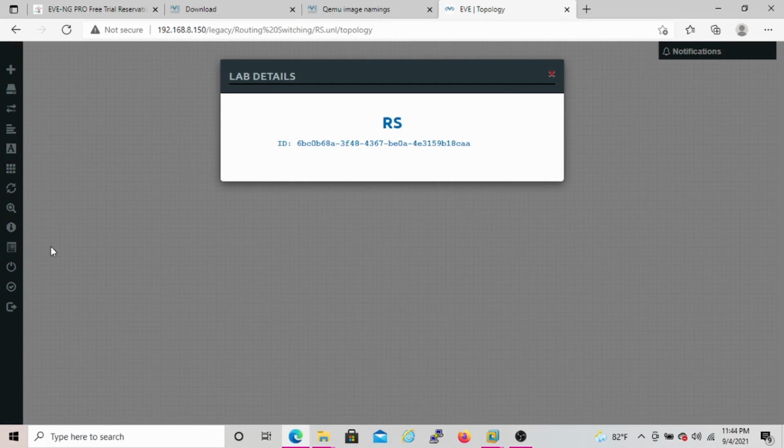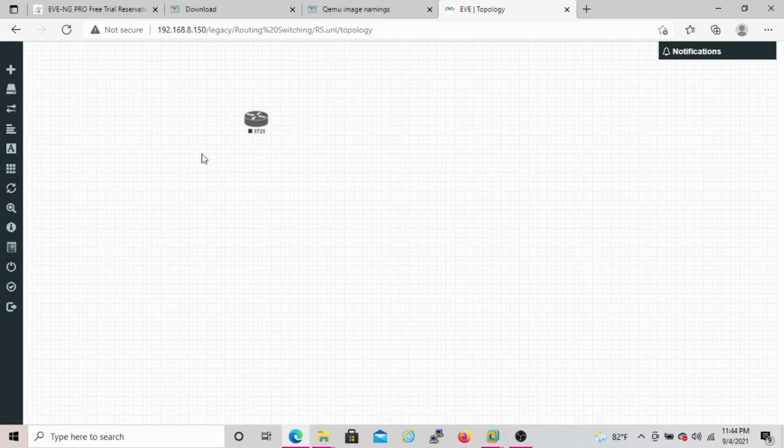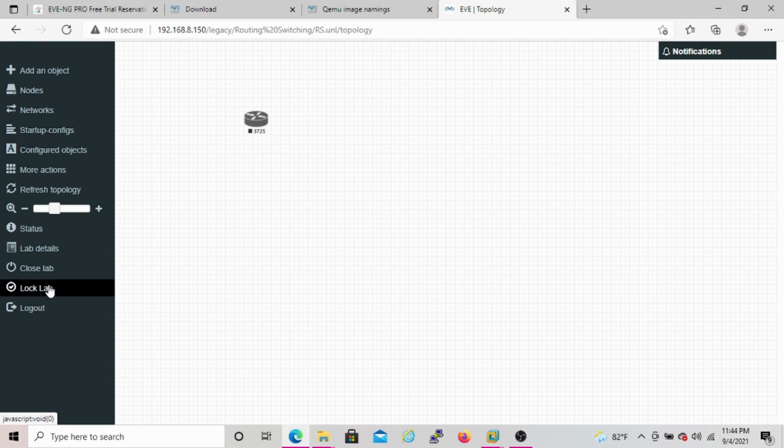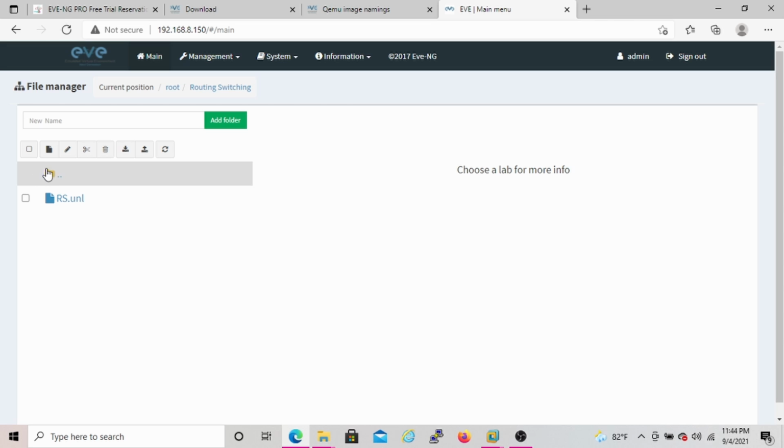And lab details, there's the ID shown there. Okay, then close the lab. Okay, so we'll go for the interface. We'll see about the interface. So mainly we click